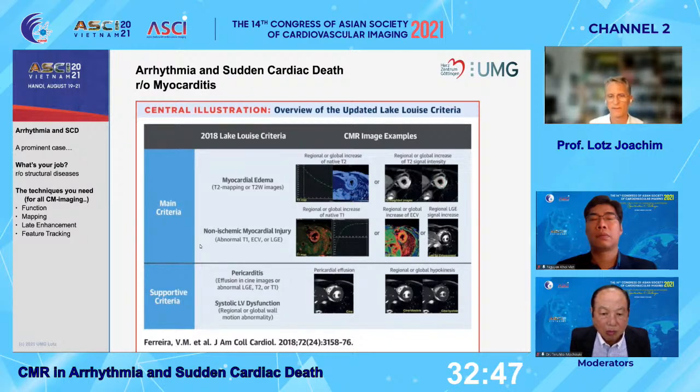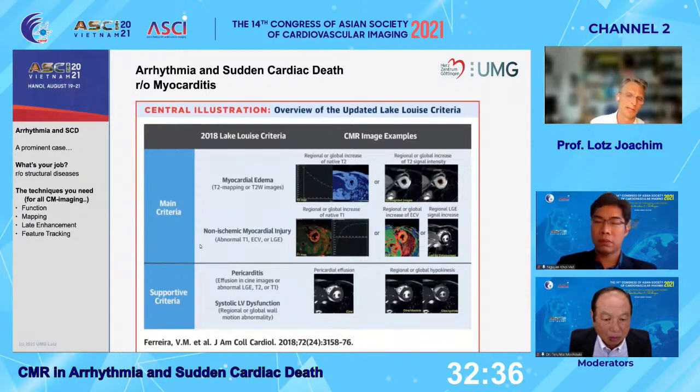The other one is the more pronounced fibrosis or extracellular changes seen on T1 imaging, either by T1 abnormalities, by LGE if they're more focused, or more diffuse in ECV, so extracellular volume estimation by T1 mapping